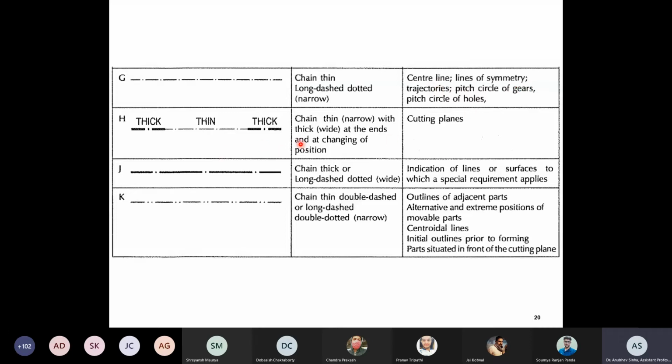And you can also have lines for when you cut a plane. This will be discussed in more detail when you go to solid objects. When you cut a solid object, basically using cutting planes, then this type of line will be used. So different types of dotted and continuous lines.